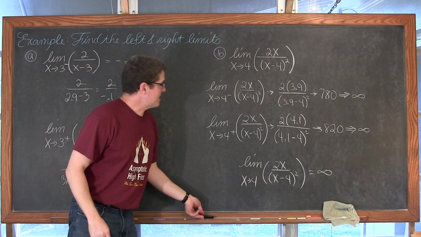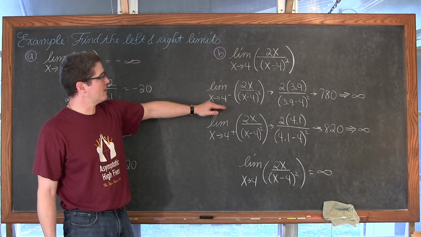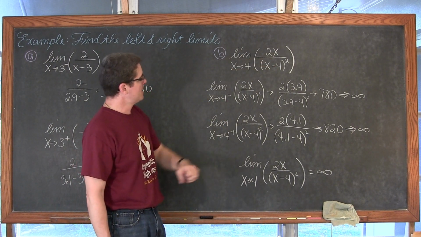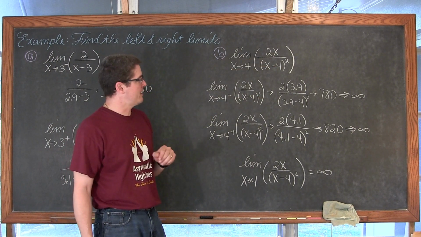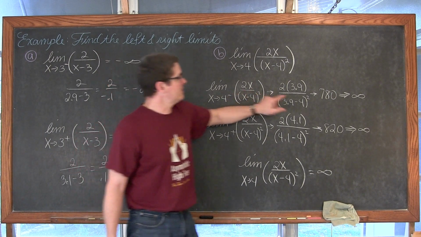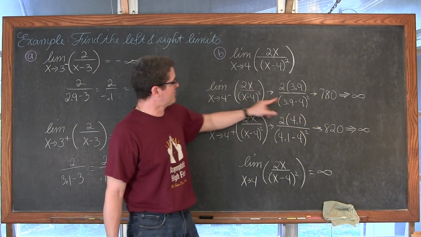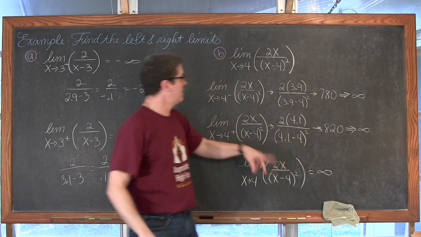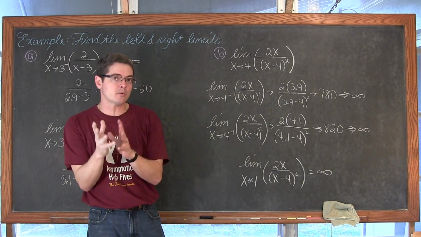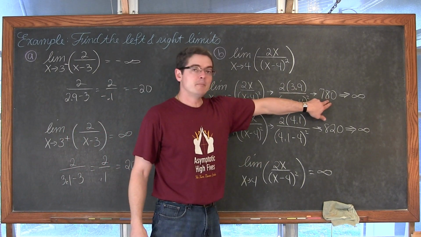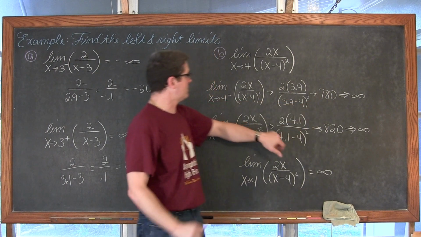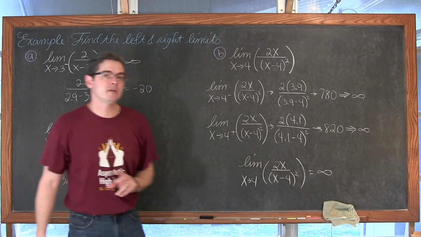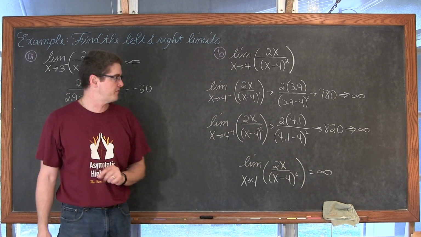Okay, what did we get? We tested the limit to the left of 4, and again, knowing that with the numerator and denominator just being simple polynomials, we had that horizontal asymptote of y equals 0. For the limit to the left, we plugged in just a little bit to the left, 3.9, and got 780, so it seems like the function's increasing without bound. Not sure? Just in case, check with your calculator, get a little bit closer, maybe 3.99, and make sure that value is getting larger as you get closer to 4 from the left. We have the conclusion that our left limit is going to infinity.